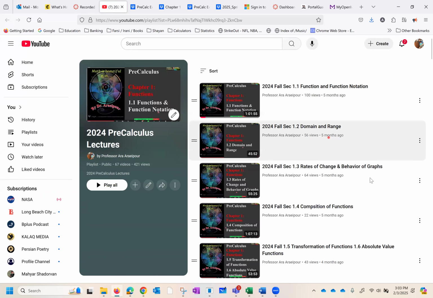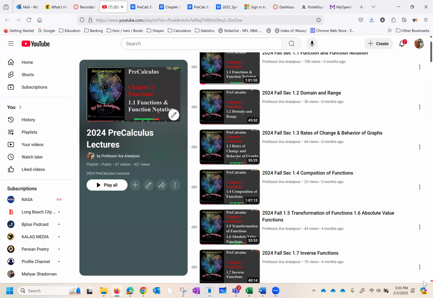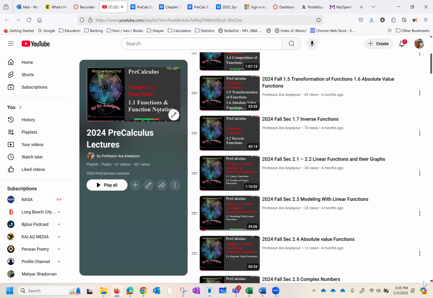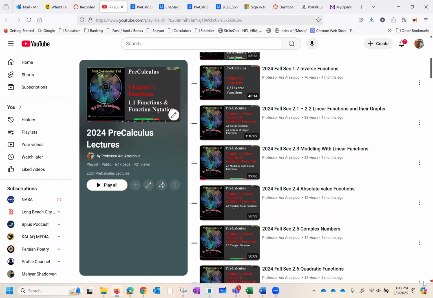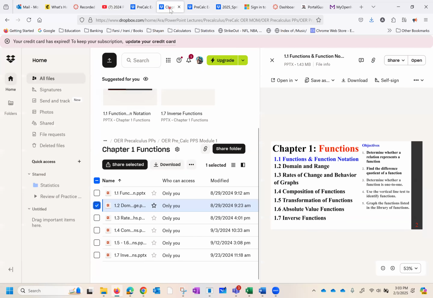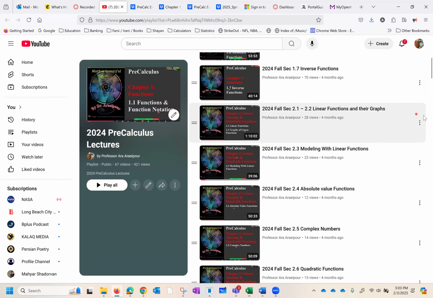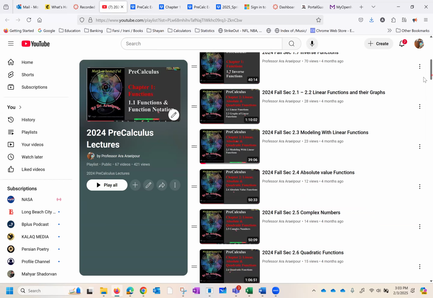I have a section by section that I've gone over from A to Z. This is where you find your PowerPoints with explanation. Okay, so again, this is where you find the PowerPoints. This is where you find the PowerPoints explained from A to Z.